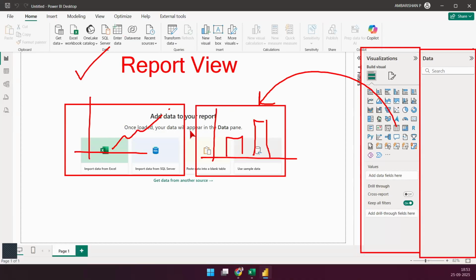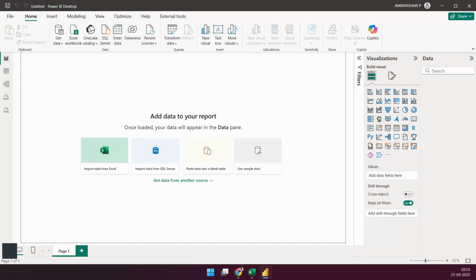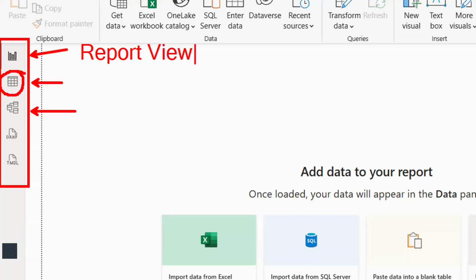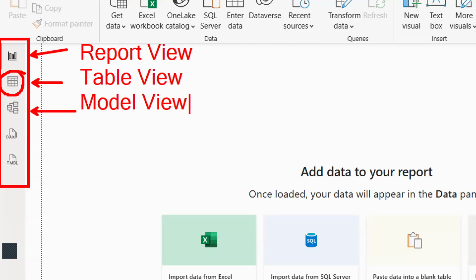And there are different views available to you. So if I zoom in a little bit, there are different views that you'll work on, mainly the first three views. I'm going to show you how things are done in the first view today. The first view is called the report view. That's what you're looking at. The second view is called the table view, which gives you a tabular format of the data for preview. The third view is where you work on the data modeling side. So this will be your model view. We will not be covering these two views in our session. These are for very advanced users and you don't really need them.